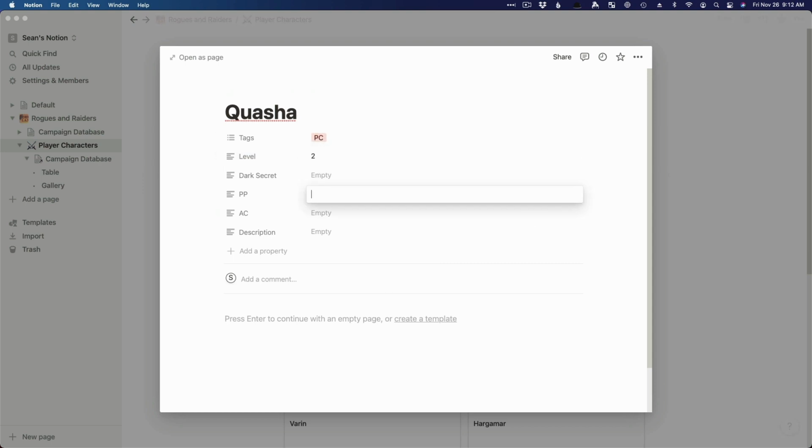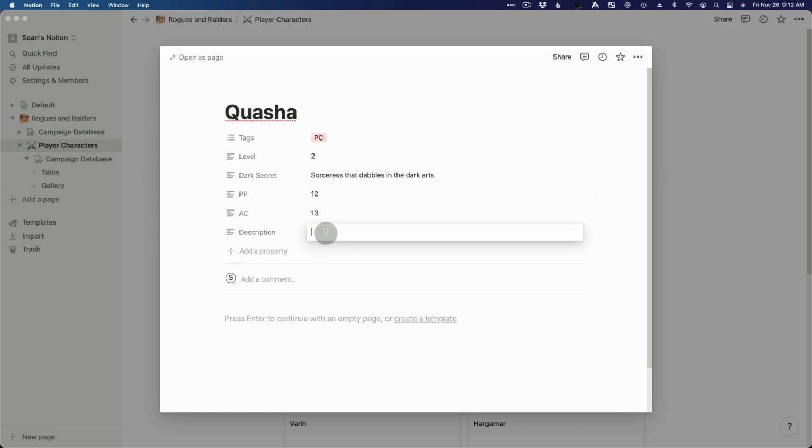Say Kasia's second level, Dark Secret is Sorceress. If we were playing D&D, maybe she's got a passive perception of 12, an armor class of 13, dark hair, leather armor,